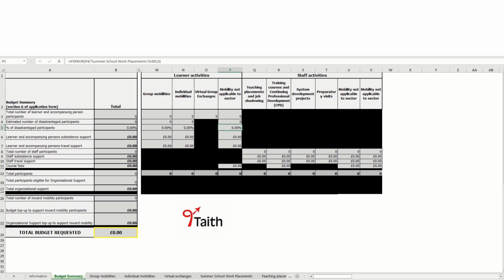So I'll now show you how to use the calculation tool, firstly looking at a school's project. Within this example, this school is looking to send 18 16-year-old learners to Spain for 2 weeks with 3 accompanying adults. There'll be a return visit of 6 16-year-olds and 1 adult from Spain for 1 week. As the partnership is new, 1 teacher is being sent to undertake a preparatory visit for 3 days ahead of the group mobility. As this is a group mobility, we'll need to look at the group mobilities tab, so I'll click on that here.